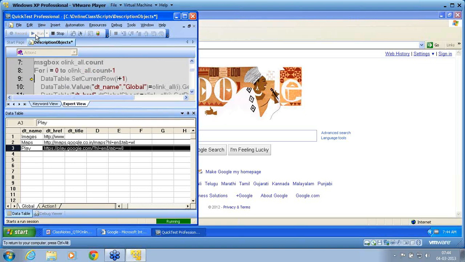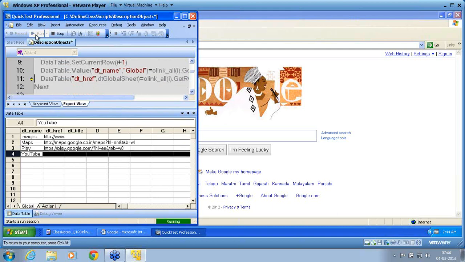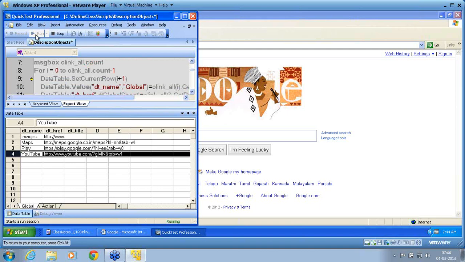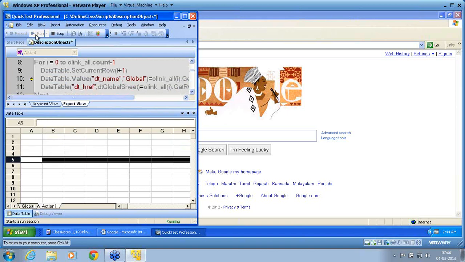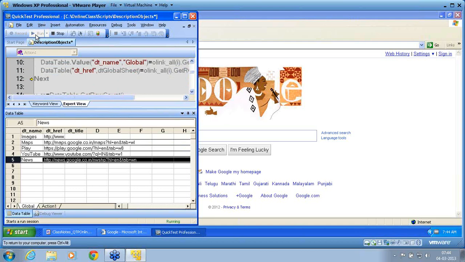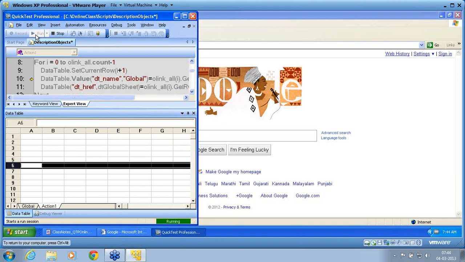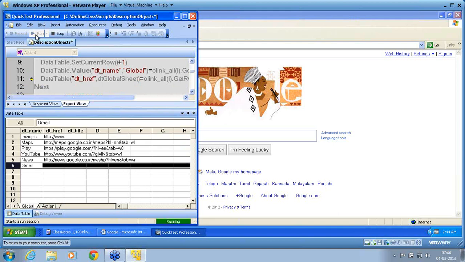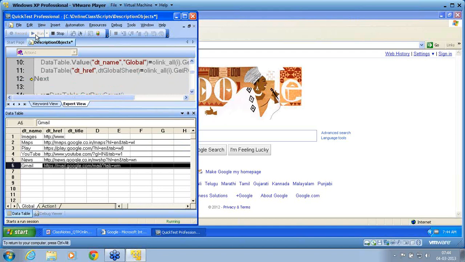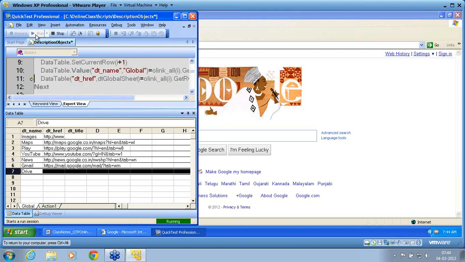So he has now retrieved the 3rd, 4th, then he goes on. Now he has finished all the 7 rows.